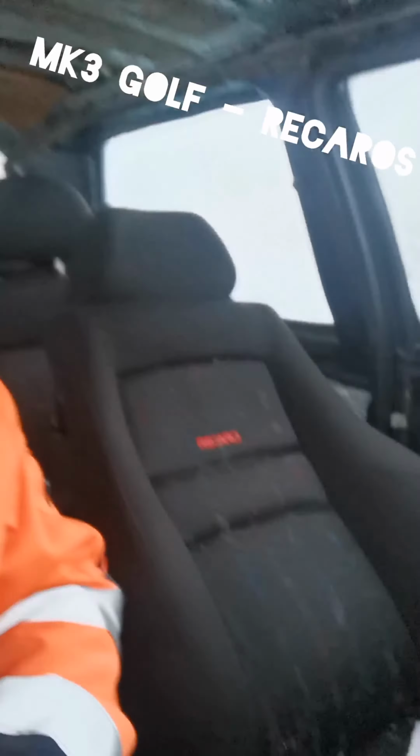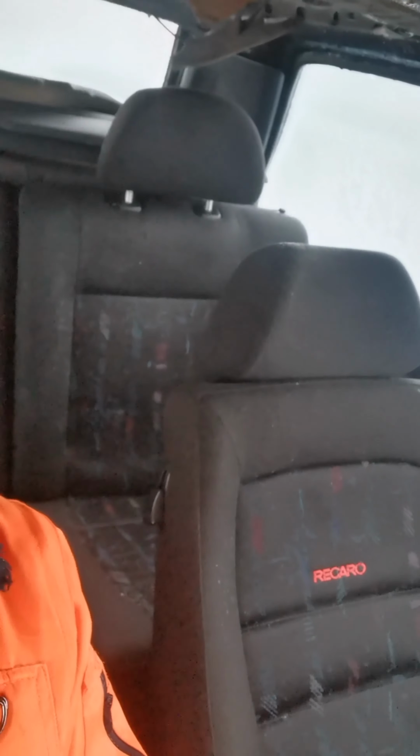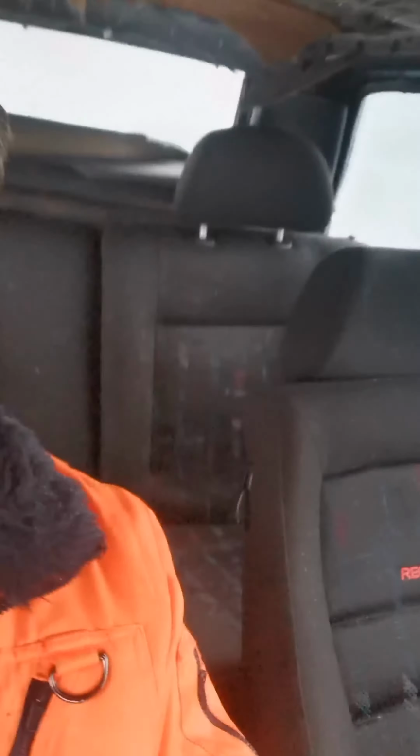But I think for the price you get, the quality is fantastic. It really does look nice. I mean, to be fair, there's nothing absolutely wrong with the seats. I just want it to look a bit more period correct,